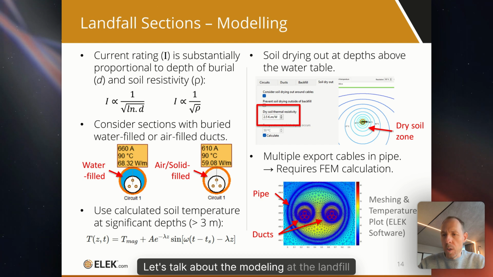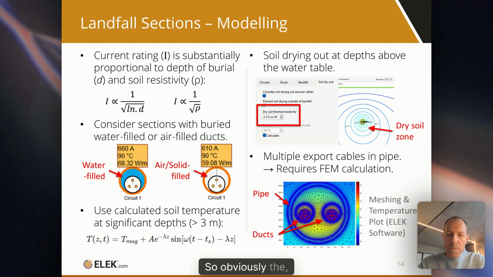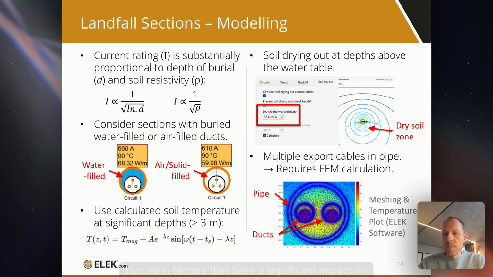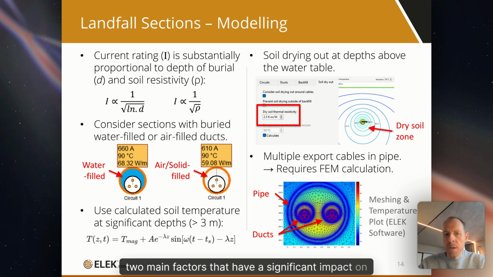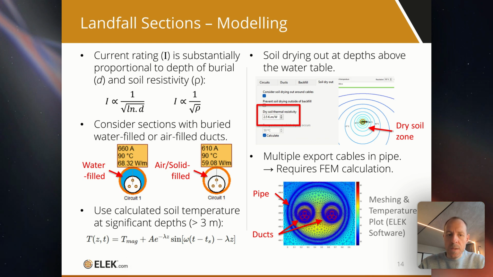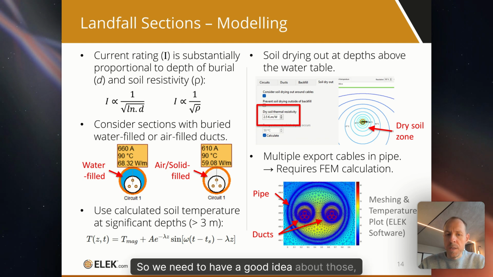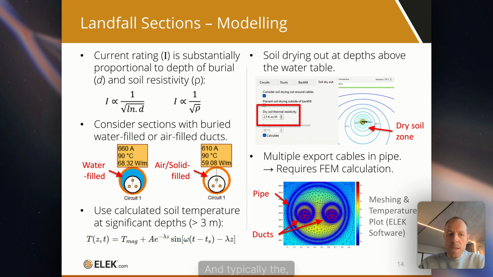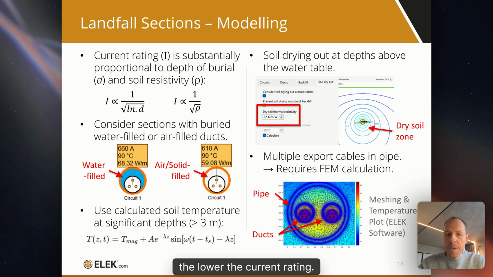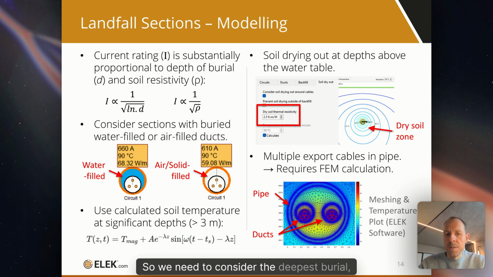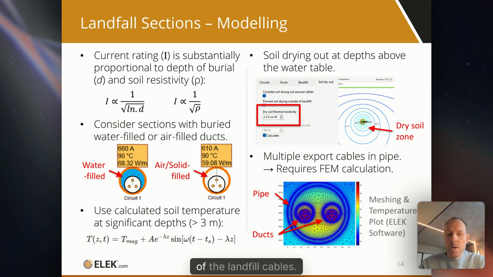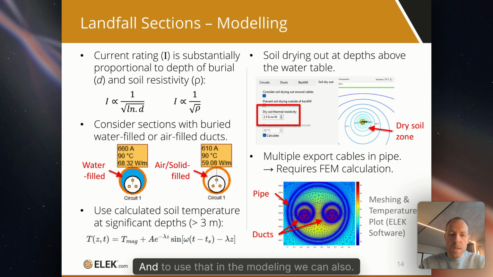Let's talk about the modeling at the landfall sections. So obviously the depth of burial and the soil resistivity are two main factors that have a significant impact on the current capacity of the cables at the landfall. So we need to have a good idea about those values. And typically the deeper the cable, the lower the current rating. So we need to consider the deepest burial, the deepest depth of the landfall cables, and to use that in